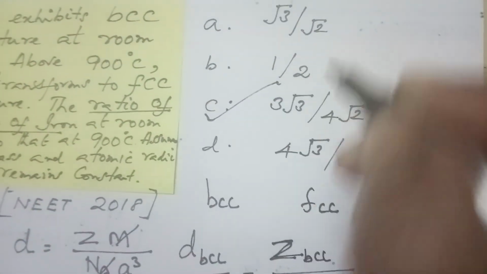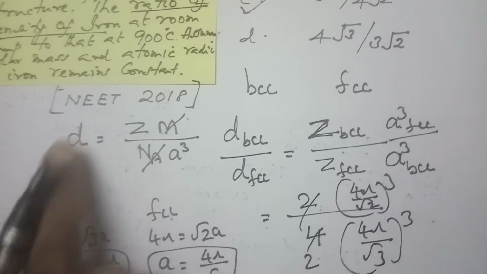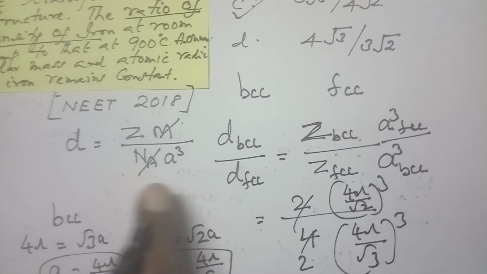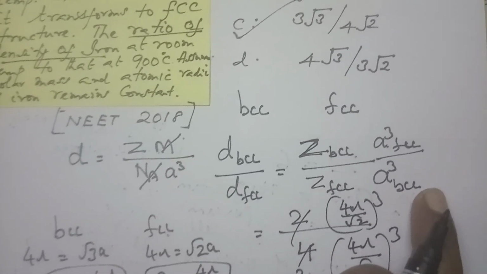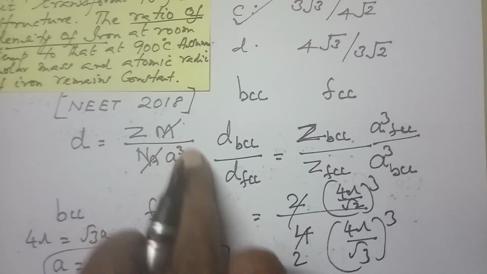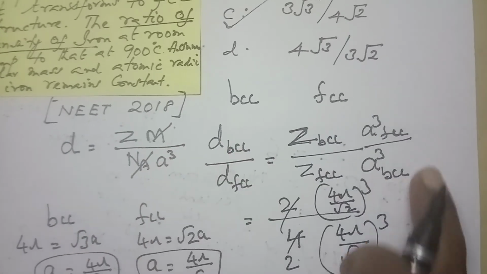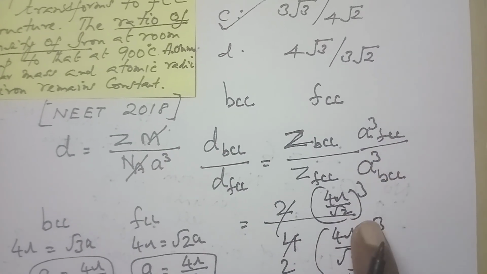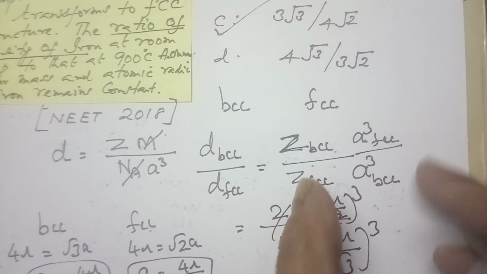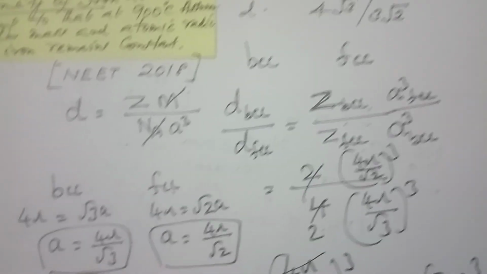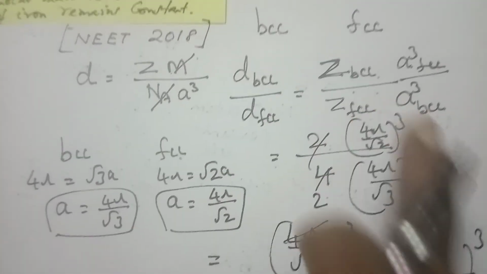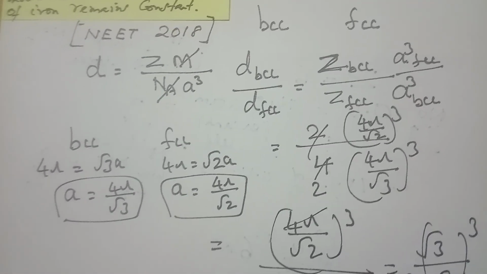Now let us go and see. Here the option is C. Again I am repeating the very simple density formula, getting cancelled whatever is common, removing it. Then comparing BCC with the FCC, if you frame the formula, the BCC volume is in the denominator and the FCC volume is in the denominator. So this is the derived formula. Then for the value of a, the formula is here. Substitute it and simplify, and you get the answer.